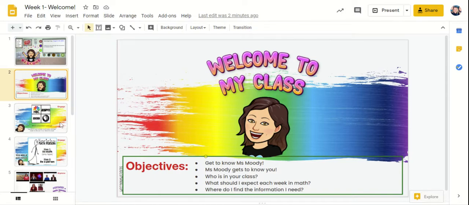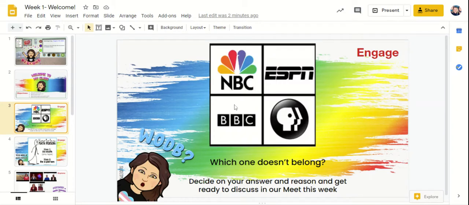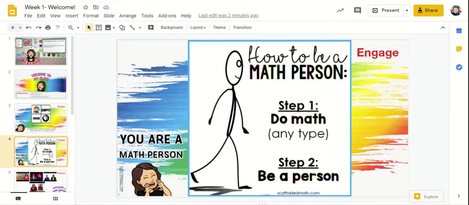And then I usually have one or two slides that are called engage. The whole point of this is that you're not really doing anything other than just engaging and getting interested in what we'll learn about for the week. So I don't want to talk too much about this because at this point you should have already decided on an answer to this, and we'll discuss. But here's your engage. It's something that anybody can answer. It should be really accessible to everybody. You shouldn't have to use too many prior math skills for the engage necessarily. I've got a couple of these. So again, another engage. This is usually just you thinking.